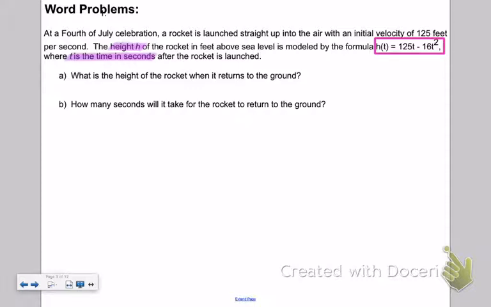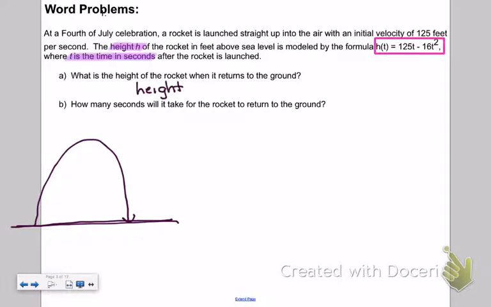So the first thing we need to do is think about what is the height when it returns to the ground. If we were to look at this, say this is the ground, we're sending off a rocket, it's coming back down. What is the height at ground level? The height is 0. Ground level, height is 0. And I believe we're talking about feet, so I may as well use my unit of measure. So, if h is equal to 0, we are plugging in 0 for h. So we have the formula 0 equals